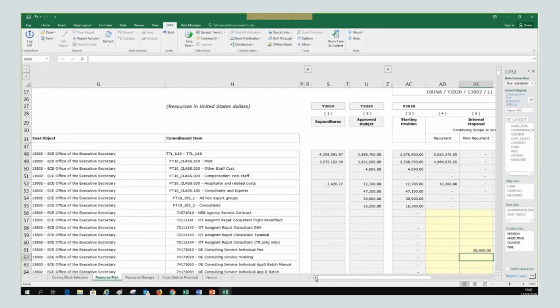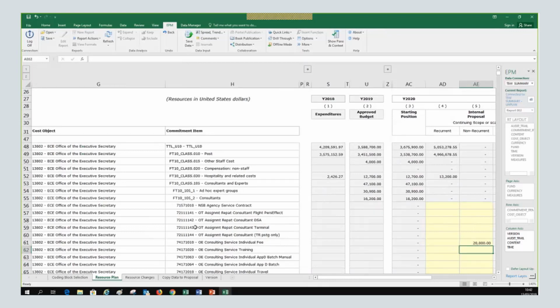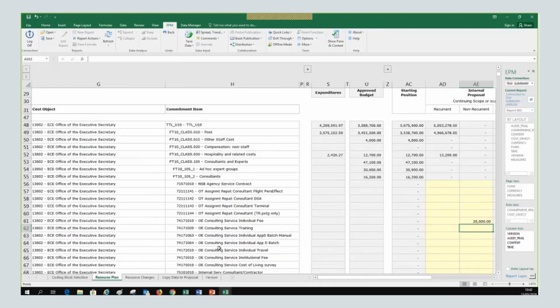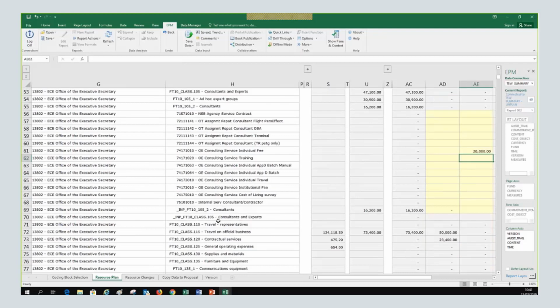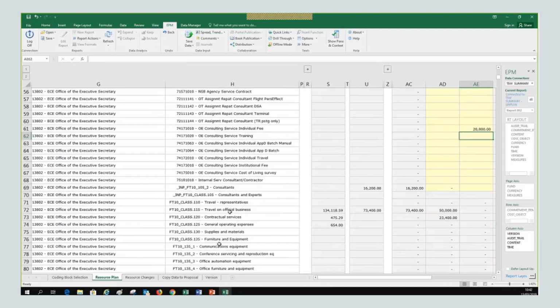For example, what is typical for you is travel, right? So what do I do if I want to add $100,000 to the travel budget? So what we will do also is to check how much is budgeted for travel.